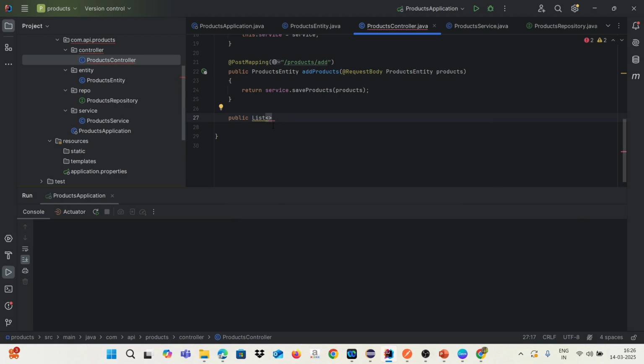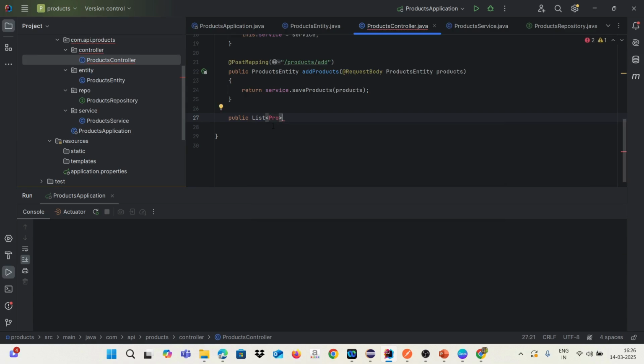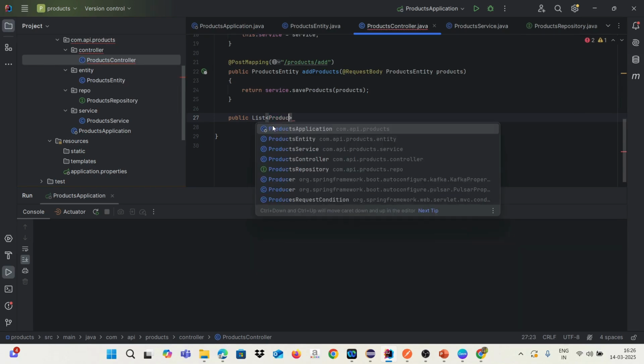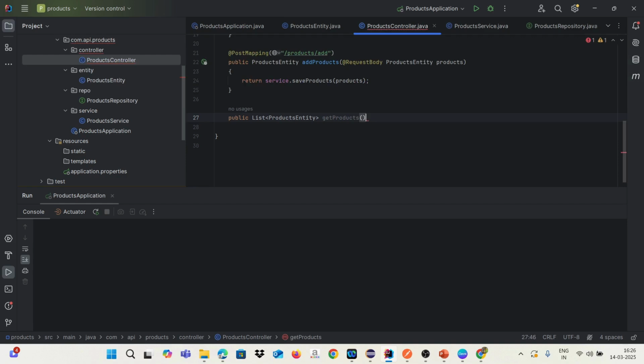So either it be 10, 20, however many products there are, we will be getting them back with this particular method. We will pass our products entity to this list as we are getting back the details of our product. I'll name it getProducts, and inside this I want to get back the products. The logic I'll be writing in the